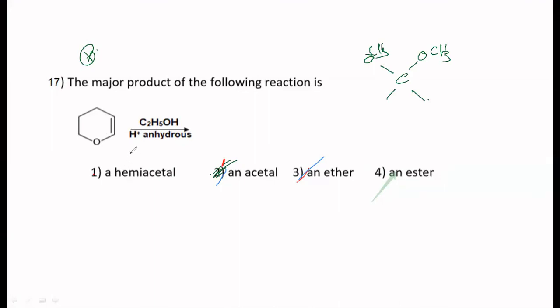How is an acetal formed? You have H plus ions and anhydrous conditions. So basically the base here is CH3O minus. This H can come and protonate this, so that is going to become positively charged, right? If the bond is going to break, it becomes a vinyl carbocation, which is not possible. It is going to break here. Then this will be positive, OCH3 comes here, and this is going to become OH. Eventually that one will also be substituted, so you are going to get an acetal. Any doubt here?